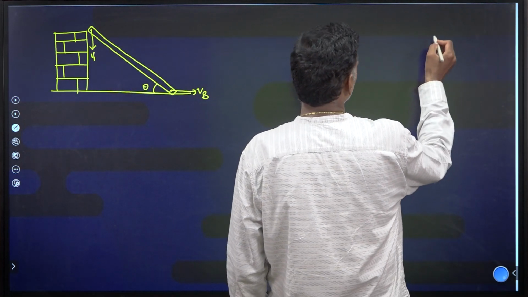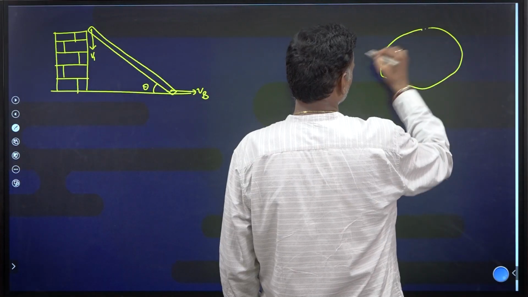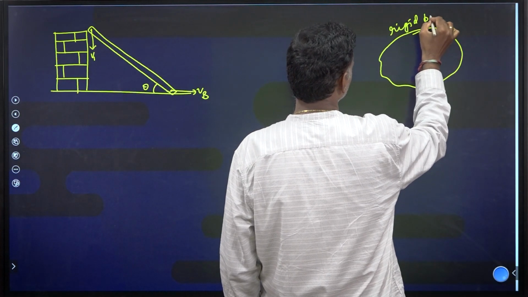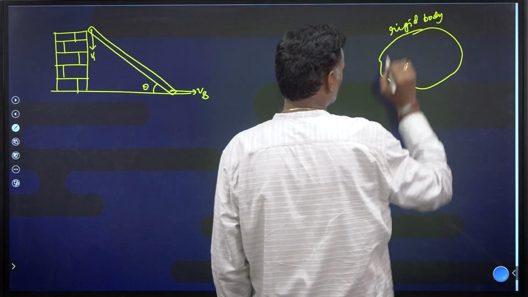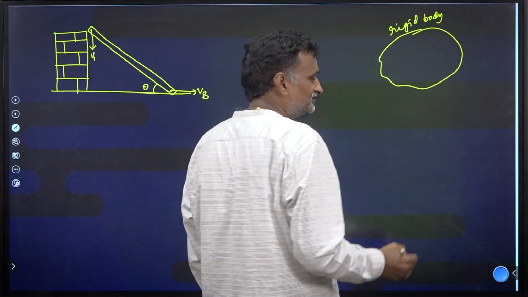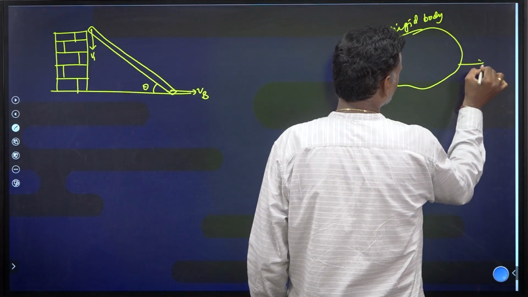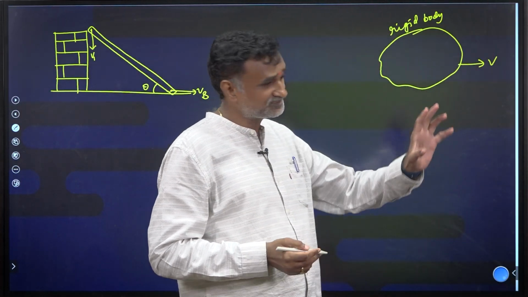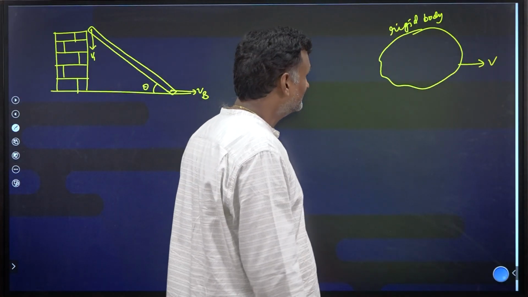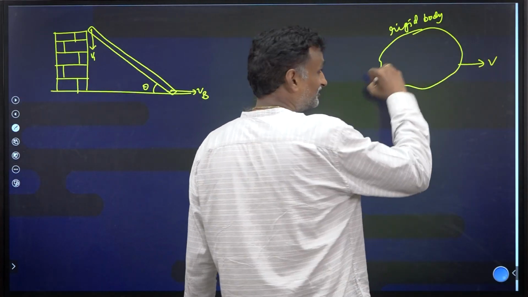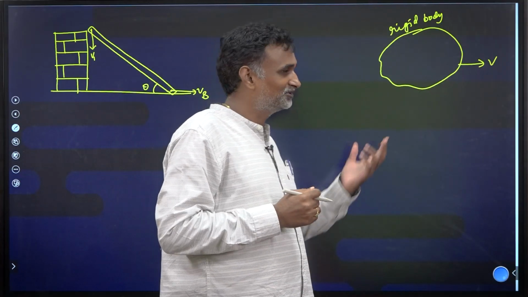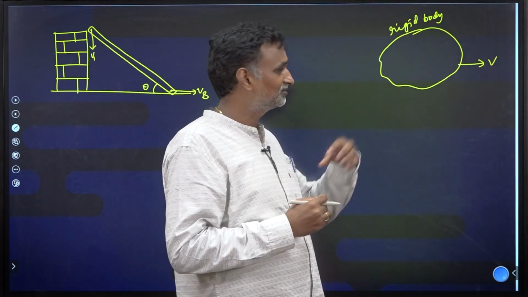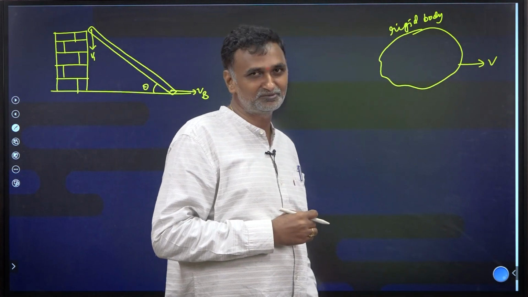If it is an object and it is definitely a rigid object, it is a rigid body moving to the right side with the speed v1, then consider two particles of the rigid body, not separate particles